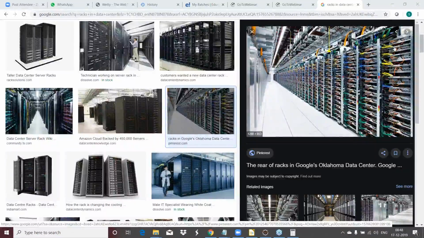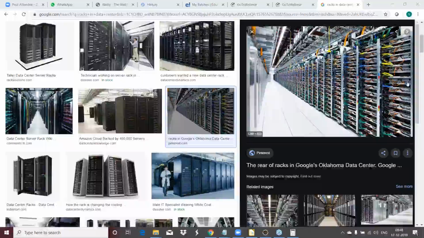If you look at this, this is one machine, this is another machine, and another, and another. Like that, you can see there are a huge number of machines, and this is one rack. This is called one rack. This is another rack, and another rack, and every rack has a huge number of servers. And you can see there are a huge number of racks one after the other. Can you see this?